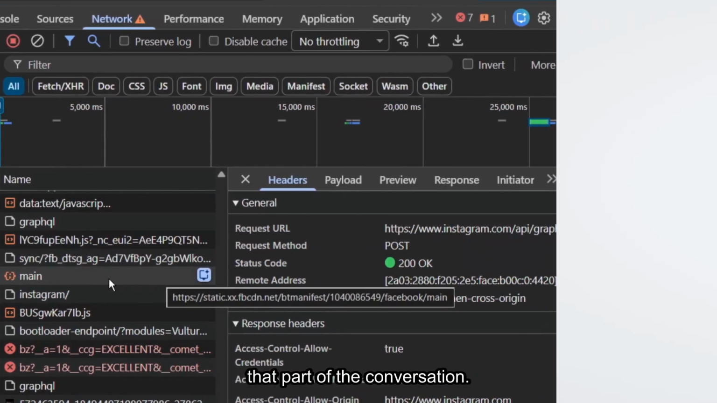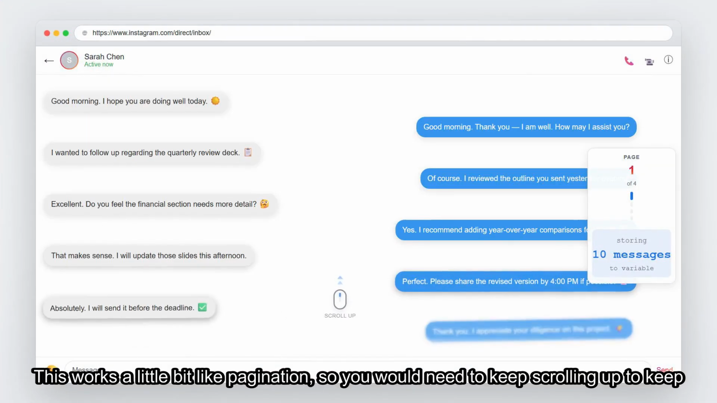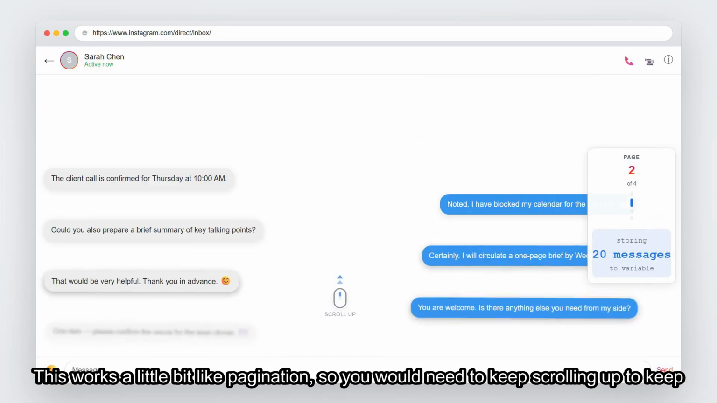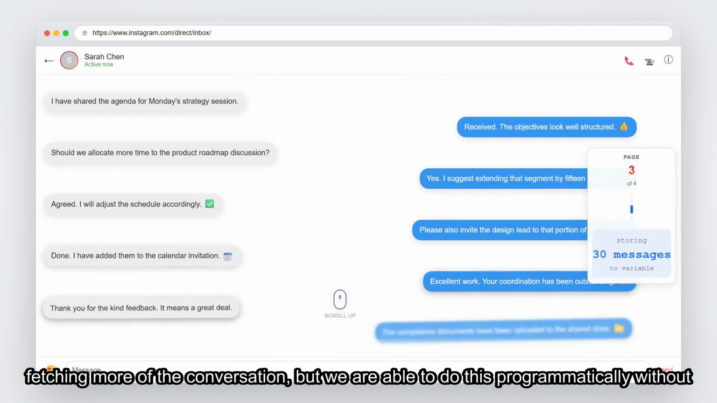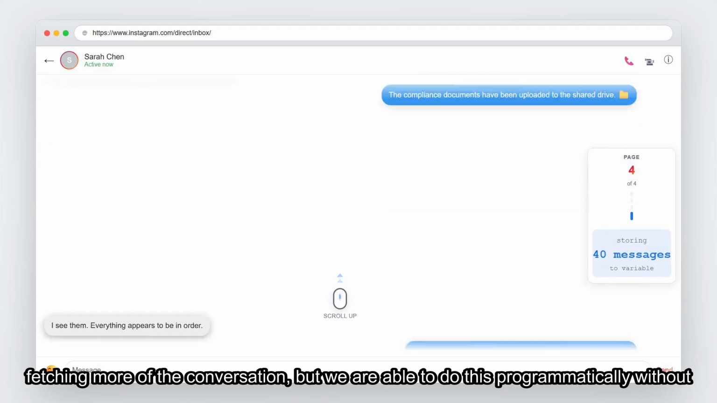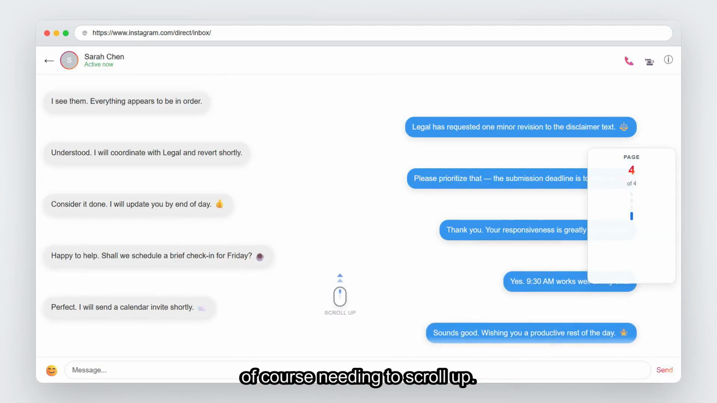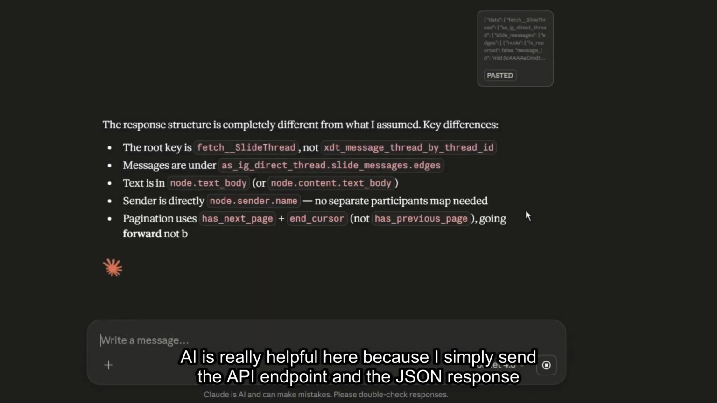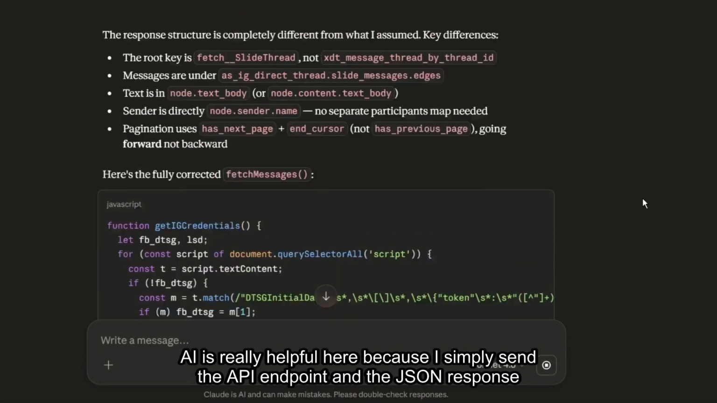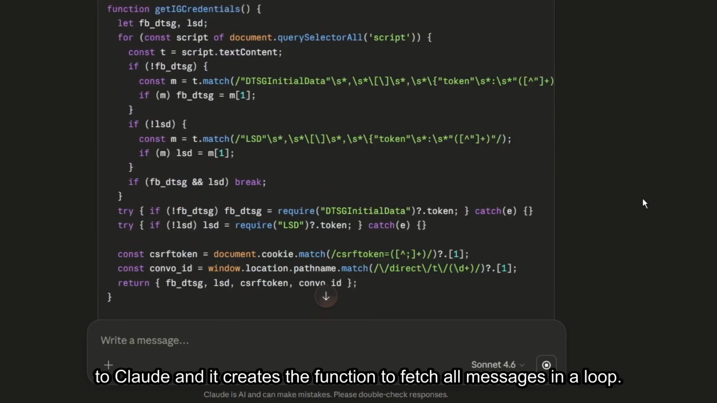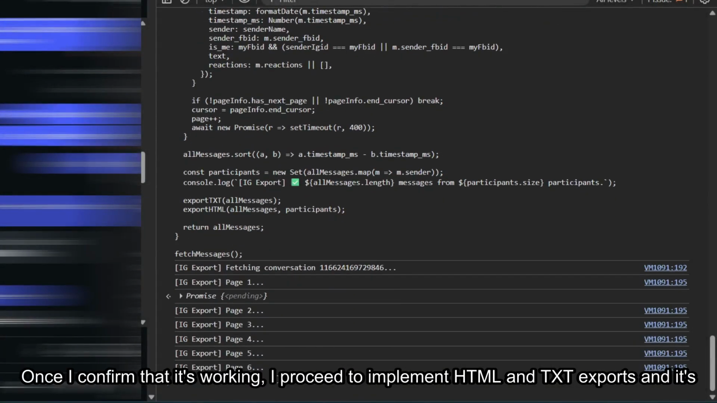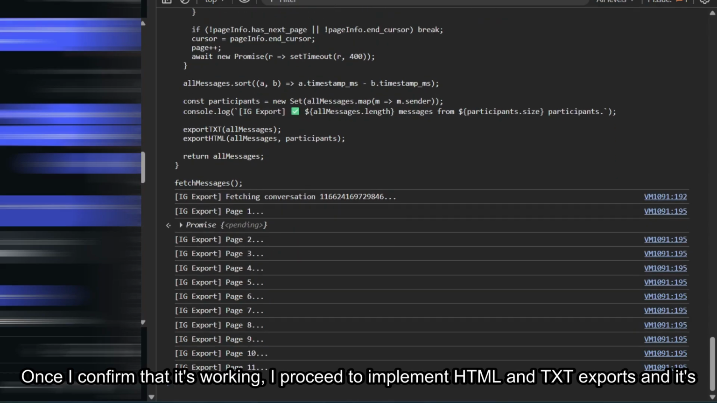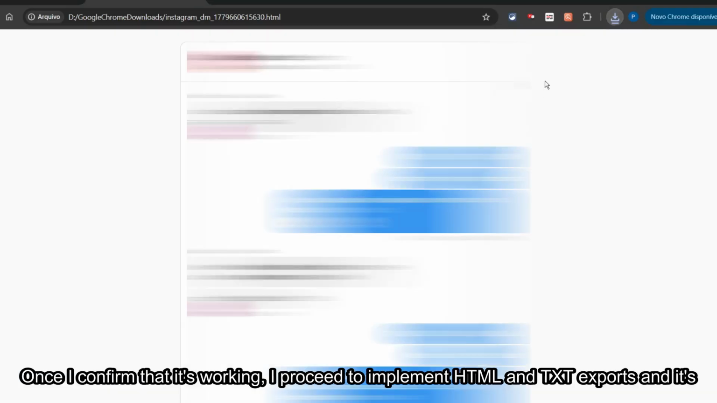part of the conversation. This works a little bit like pagination, so you would need to keep scrolling up to keep fetching more of the conversation, but we are able to do this programmatically without, of course, needing to scroll up. AI is really helpful here because I simply send the API endpoint and the JSON response to Claude, and it creates the function to fetch all messages in a loop. Once I confirm that it's working, I proceed to implement HTML and TXT exports, and it's time to move on